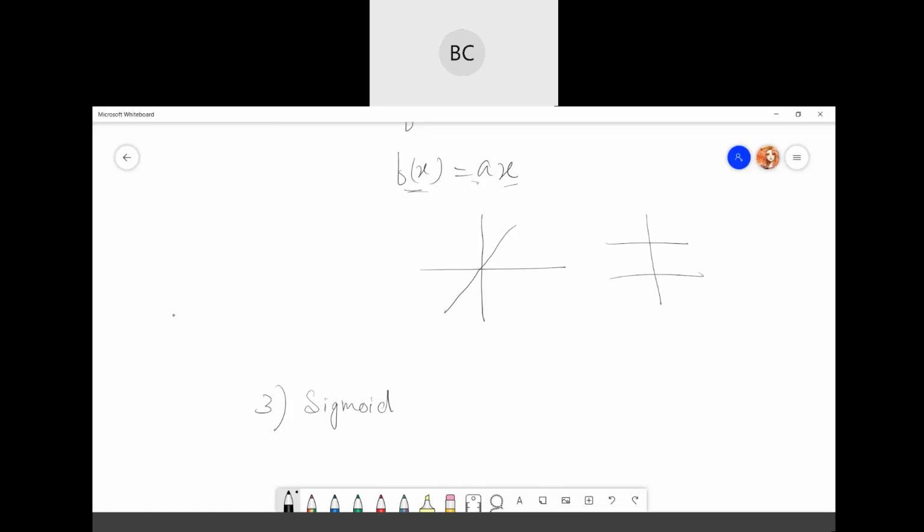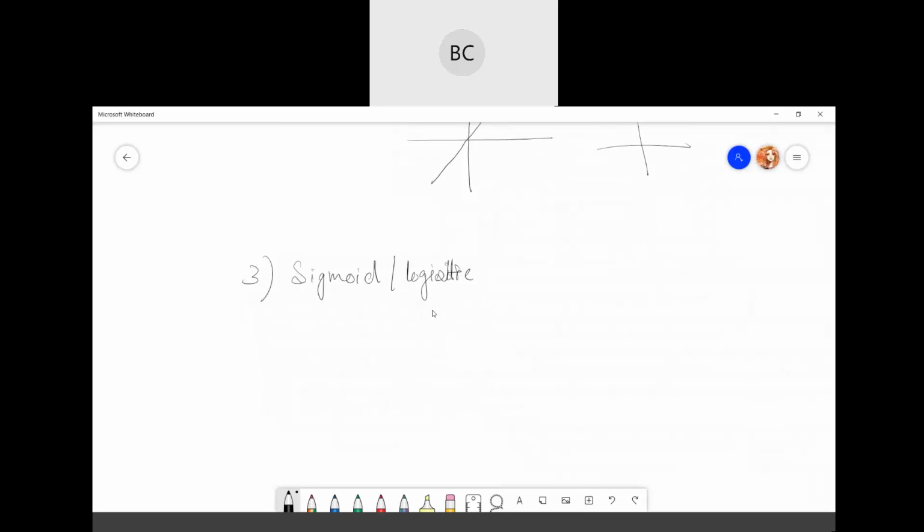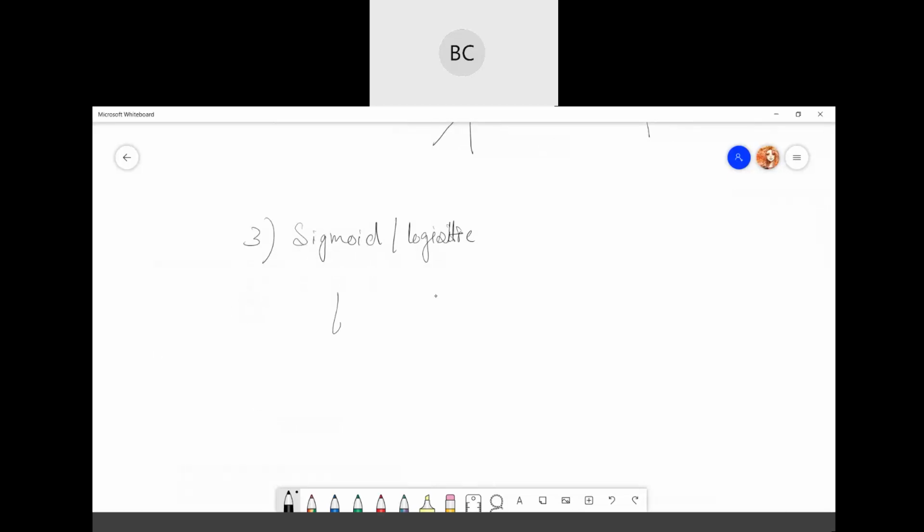Then the more popular activation functions are these, starting with sigmoid. Sigmoid, or logistic; in some places you will also know it as logistic. What the sigmoid function does, its equation is 1 divided by 1 plus e to the power minus x.